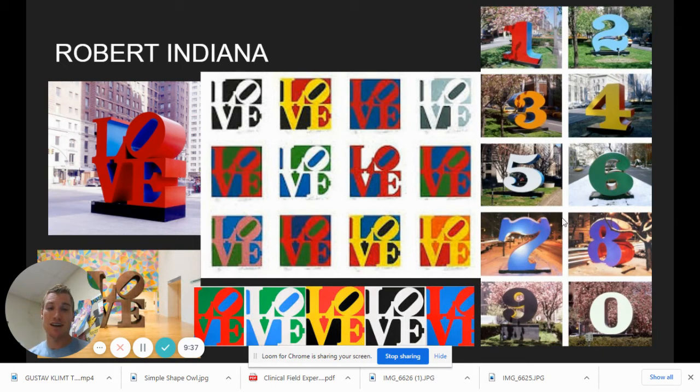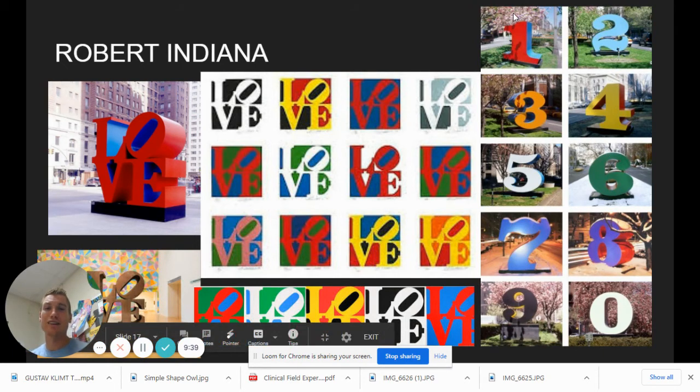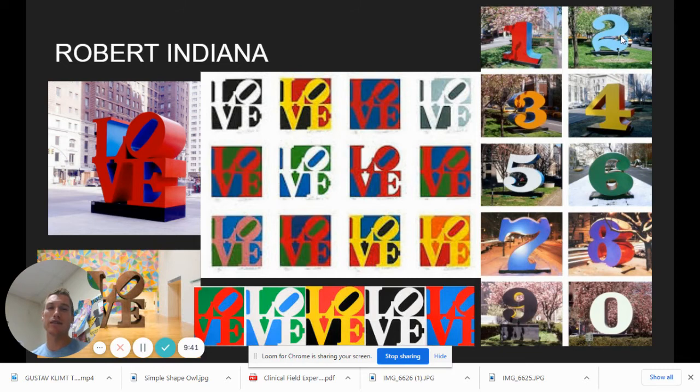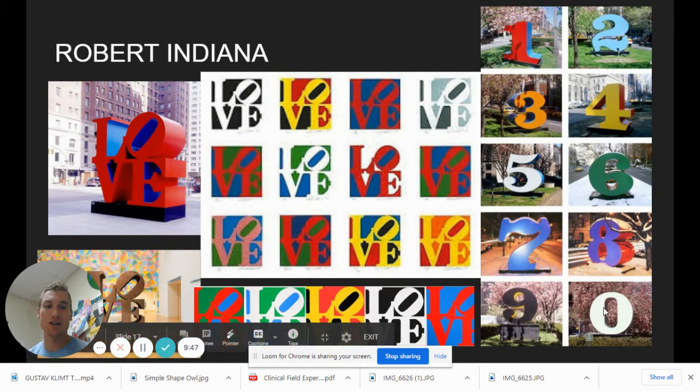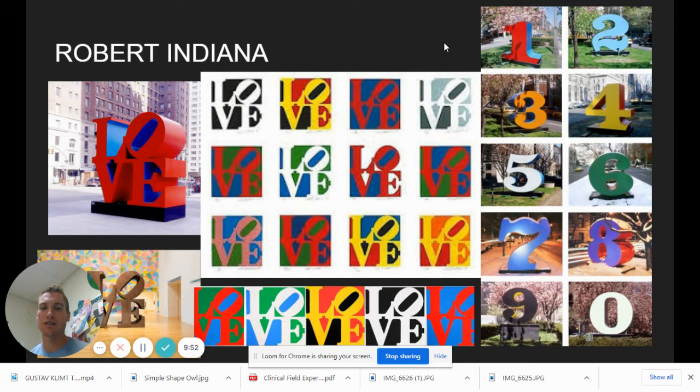So look at all the different versions, all the different rhythm and patterns, and I give an example of how he stylized all his numbers. So if you wanted to include numbers, you could come back here and pause it, and you could see exactly how he made a 1, 2, 3, 4, 5, 6, 7, 8, 9, and then a 0. These are all the numbers you would need, and you could make any other number in his style that way. Also, so many different ways to write the word love with different colors. You could also think of other words like kind.